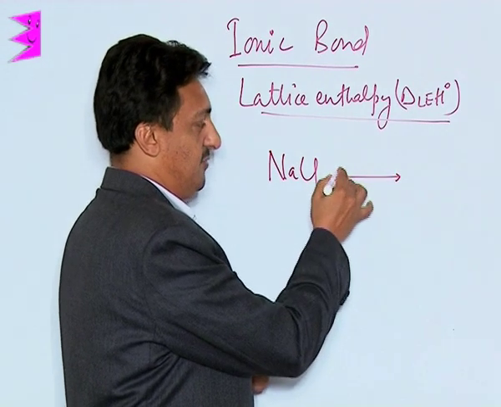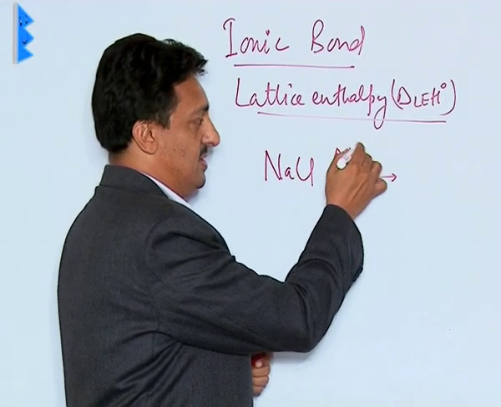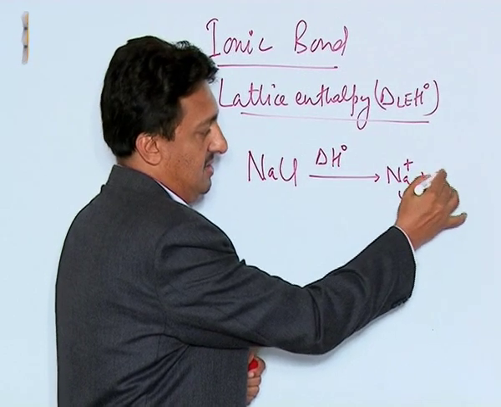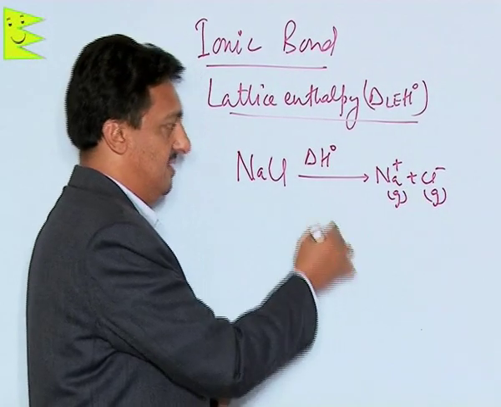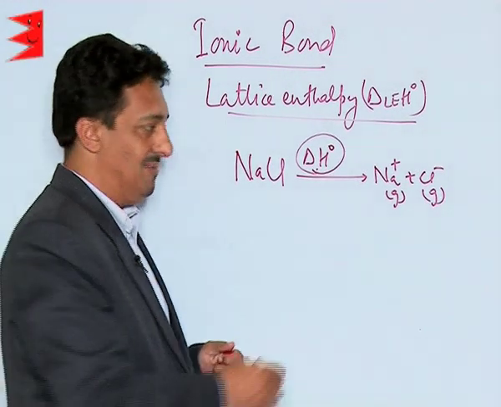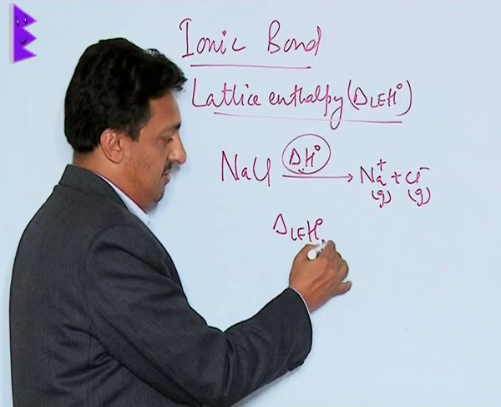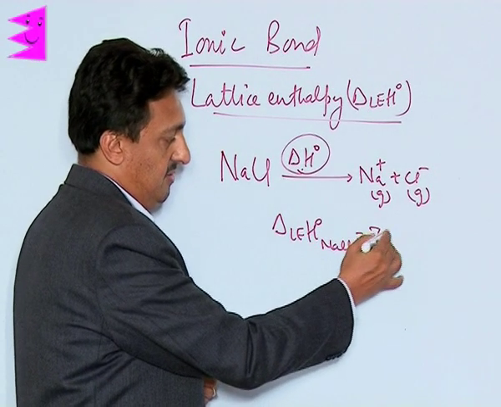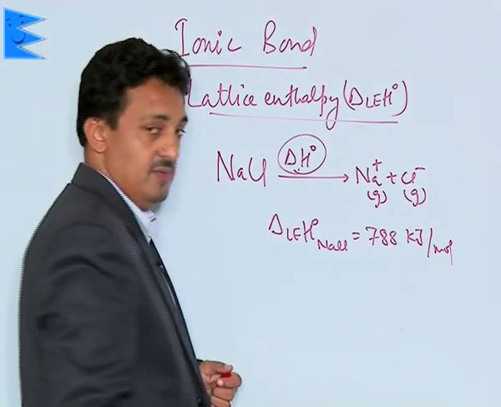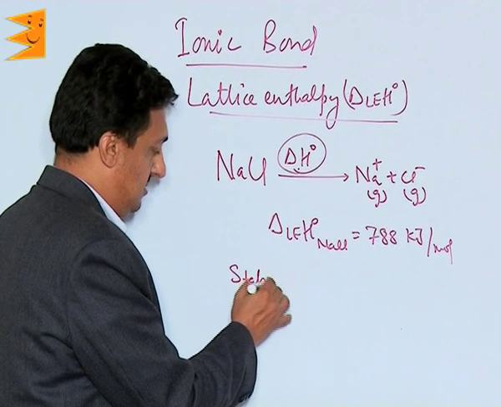Whatever the amount of energy we give to this particular ionic compound so that it gets dissociated into sodium gaseous ions and chloride gaseous ions, this energy spent is called lattice enthalpy. Like in case of the lattice enthalpy of sodium chloride, that we know from experimentation, it is 788 kilojoules per mole. Now what we can simply make out is this, that the stability